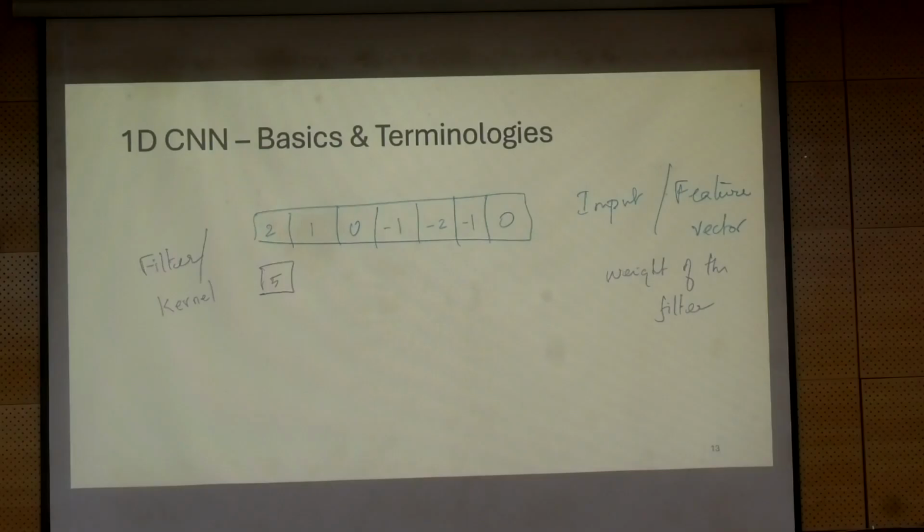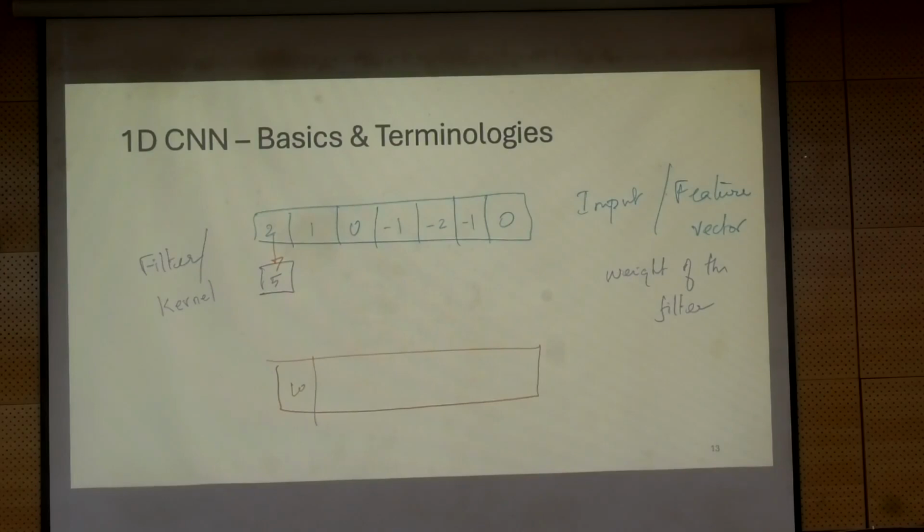So when I convolve this, what will I get? I will get this, basically 10. Then I will move this. First I will align my filter with the first sample, I will convolve, then I will have to shift. Can I shift here? Can I shift here? Can I shift here? All are possible. By how many samples I shift, that movement is called a stride. A stride.